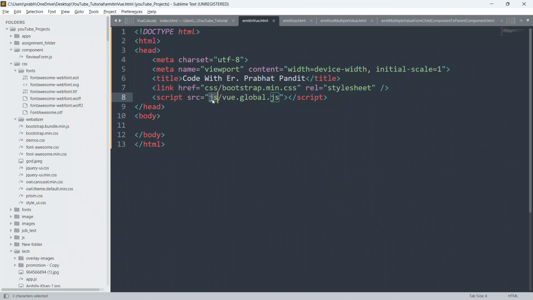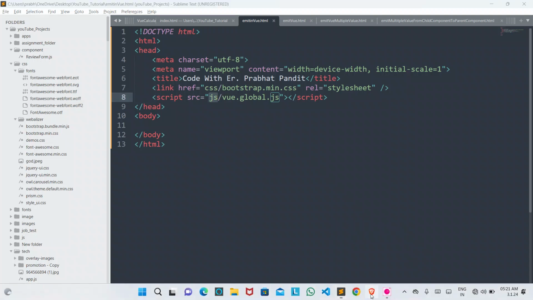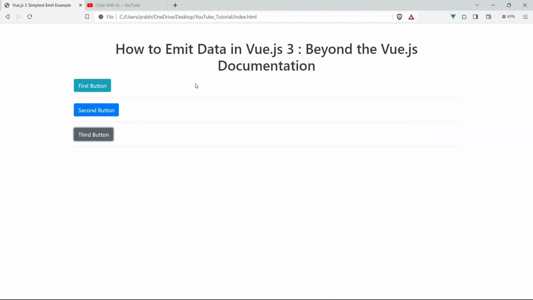We will be working with Vue.js 3 here. We don't require any other CSS file, but as you can see, I have created 3 buttons using Bootstrap, just to save a little bit of our time.